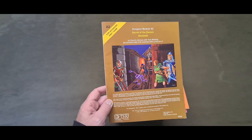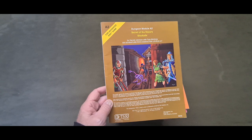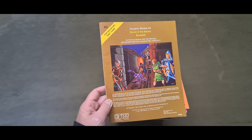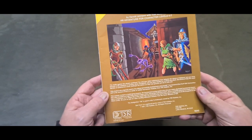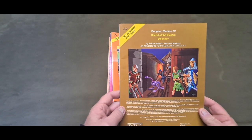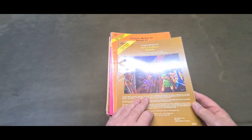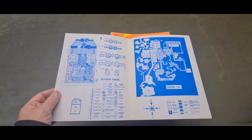Yes, very many holes. And look, I cannot even remember most of the contents of these dungeons. It's so long ago. So in many cases, all it's going to be is just a show and tell. But they're in pretty good nick considering how old so many of these modules are now. And I will apologise for the glare. I'm not a professional. But so A2, I've no idea what happened to A1, but as you can see,